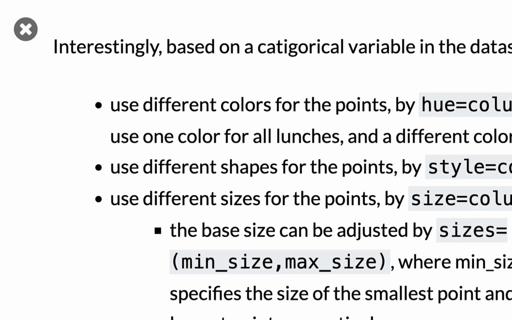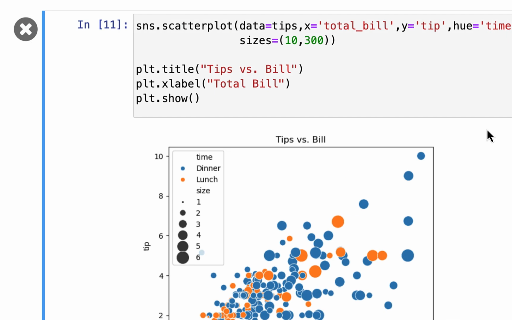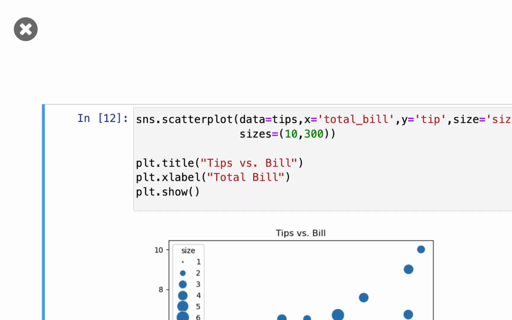There are. Then one thing we didn't try, so let's try that again. So I used the hue equal to time to show the different types, lunch or dinner, right? So there's one more thing we can do. Let me remove this hue equal to time. Instead, let's do style